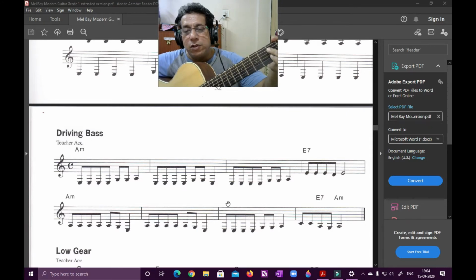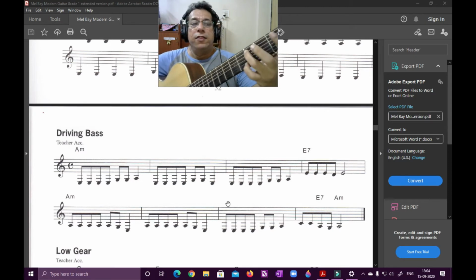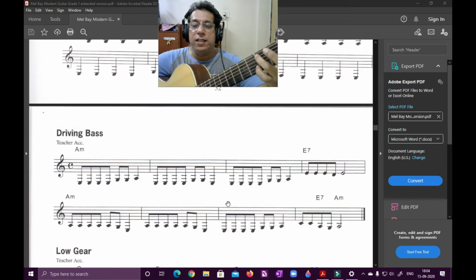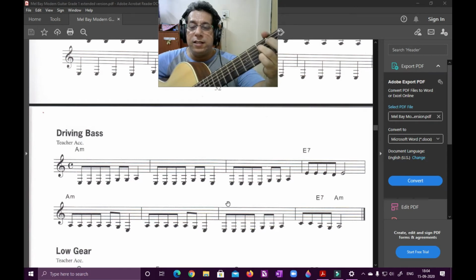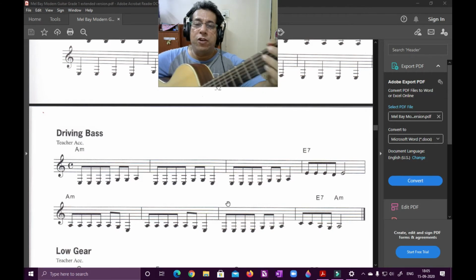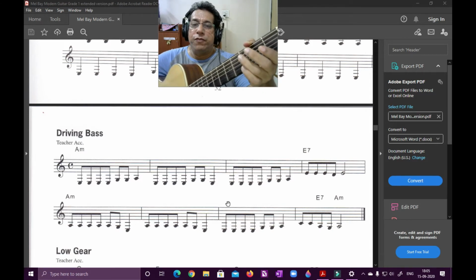Okay, so the C note is on the 5th string, 3rd fret. So this is C. 2 C's are there. You can see C, C. Then the next note is A, which is the open 5th string.